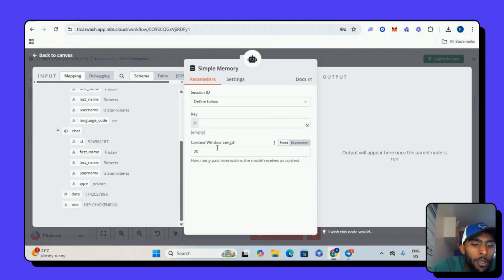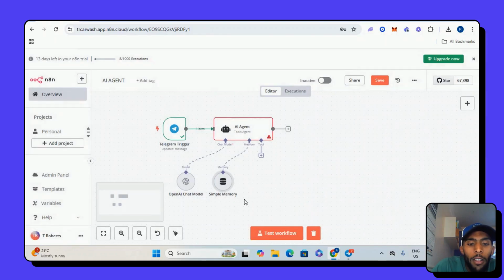This is the memory, so it's got to remember our chats. We don't want the AI agent to remember the text, but we want it to remember the whole previous 20 chats that we're going to be talking to this AI agent about. So we're going to have to select chat ID, this number, and just hold it and move it in there, and then that should be done.